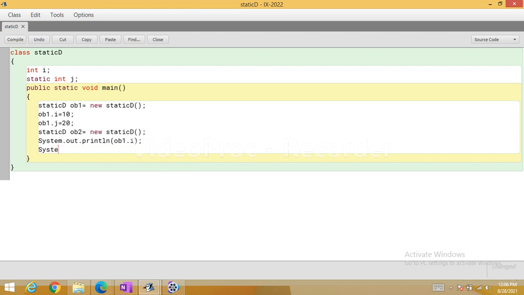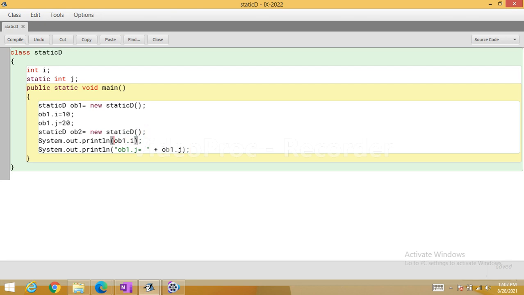Now I print another statement, within double quotes ob1.j equal to, plus ob1.j, so I am going to print the value of ob1.j.